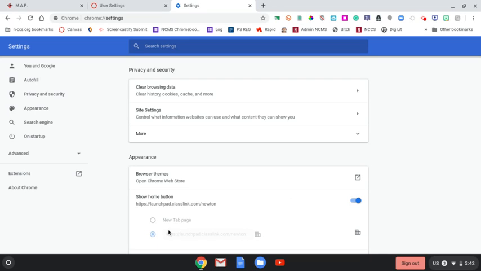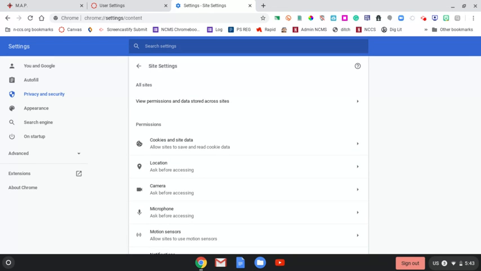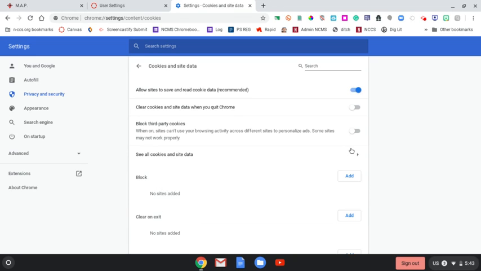logs me out. The other thing I want to show you is probably the most important thing for you, because I think this is truly what the issue is. The second tab that says Site Settings. If you open the Site Settings button and you go to Permissions, I want you to click on the Cookies and Site Data tab. When you click on that Cookies and Site Data, you want to go specifically to third-party cookies, and you want to make sure that it's turned